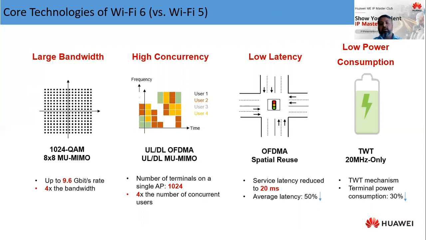So just using that, it also decreased the latency, and now we are able to achieve ultra low latency of up to 20 milliseconds. That's almost a 50% improvement as compared to Wi-Fi 5. The last point, or the major benefit that Wi-Fi 6 has given to the industry, is that it consumes less battery, because it